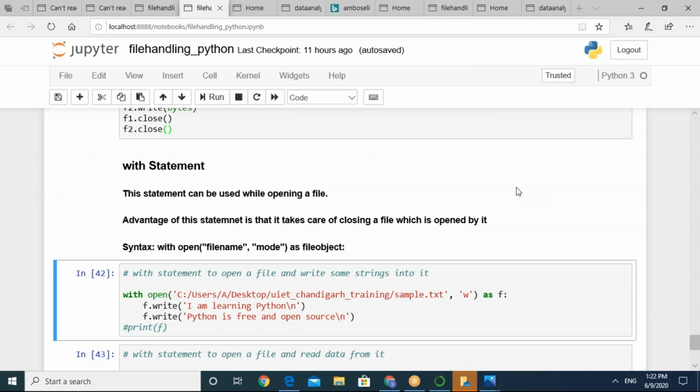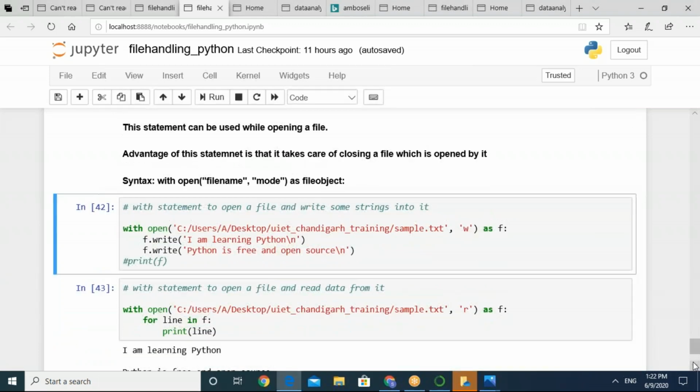Now after creating this, just read the file. The file which you have just written, just read this sample.txt file, again by using the same with statement.